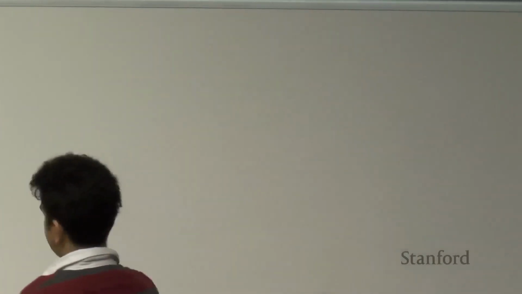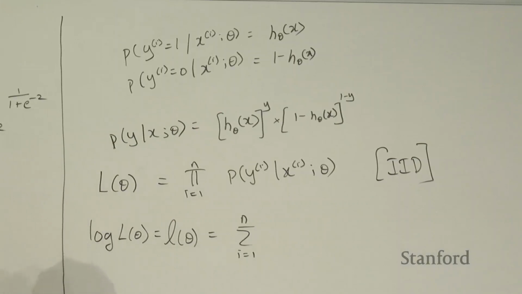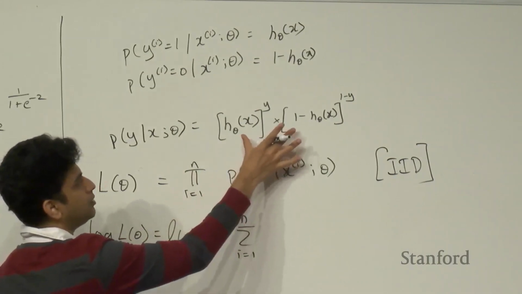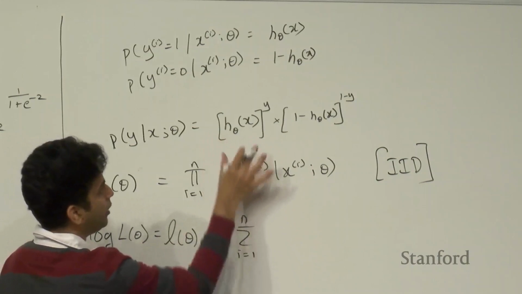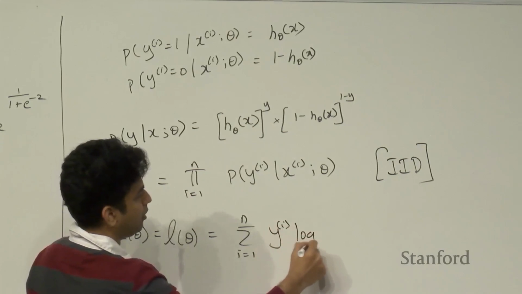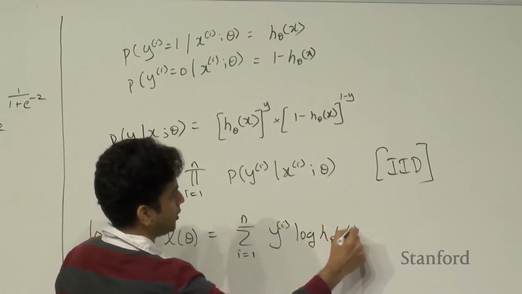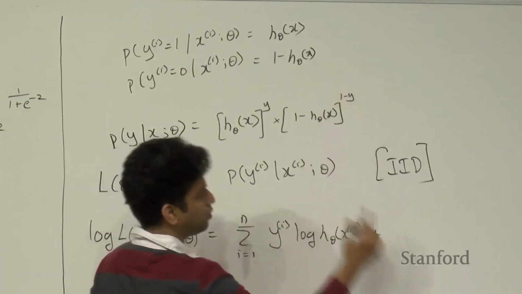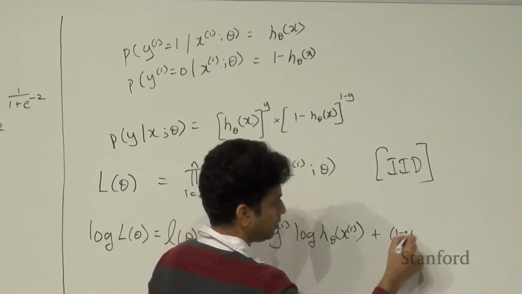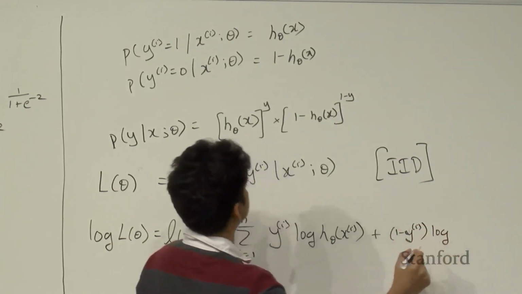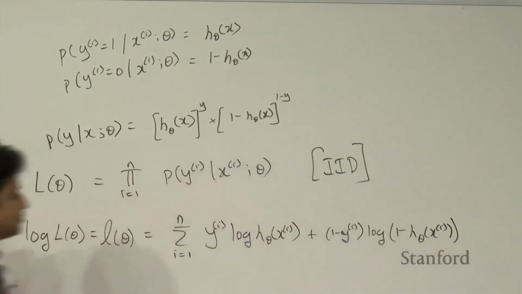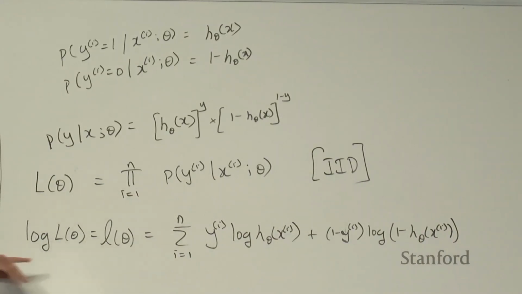Right. So back to the log likelihood. So the log broke down this product into a summation, and it's going to break down this product into a summation, right? And when we apply logarithm to the first half, it's going to be y_i log h theta of x_i plus 1 minus y_i log 1 minus h theta of x_i. Right? This is our log likelihood,